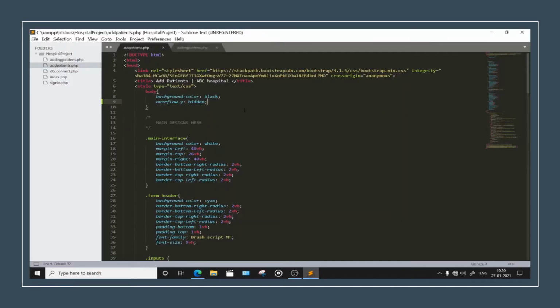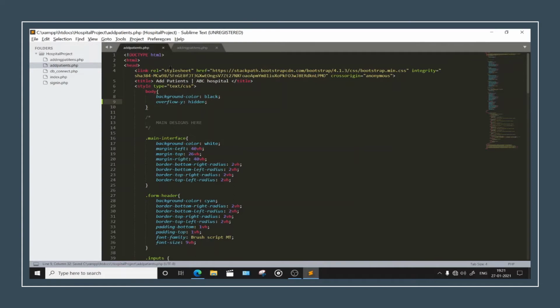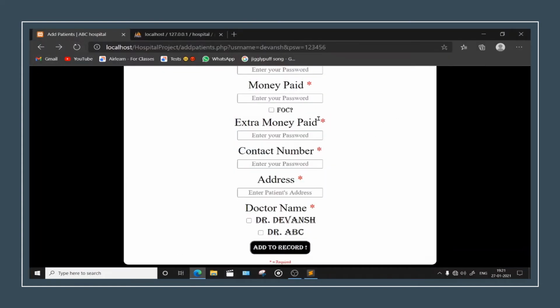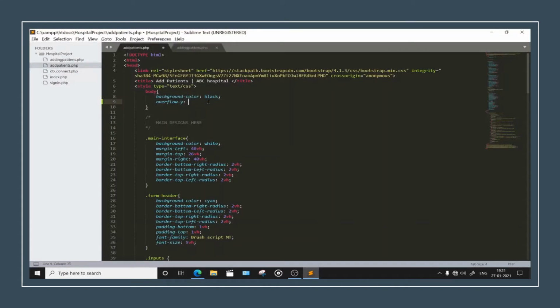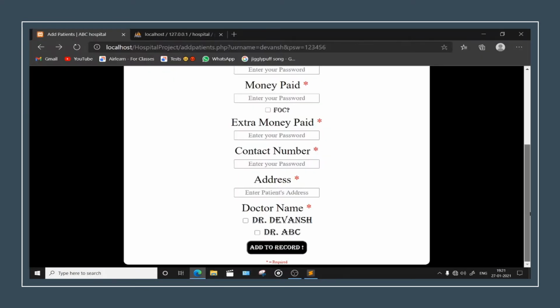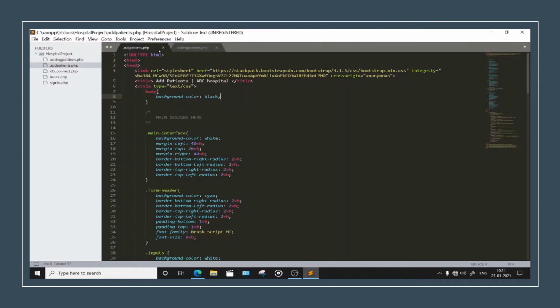Did you see? No, not seen. Okay, let me comment it. You will see what I am talking about. See, the scroll bar is removed when I uncomment this. See here, the scroll bar is now removed. So you just go up and down by using page up and page down. But well, it's not proper, I think. Right? So better is we need one scroll bar first. We can just go like this. Right? So now enough for this file. We will see if we need to add something.